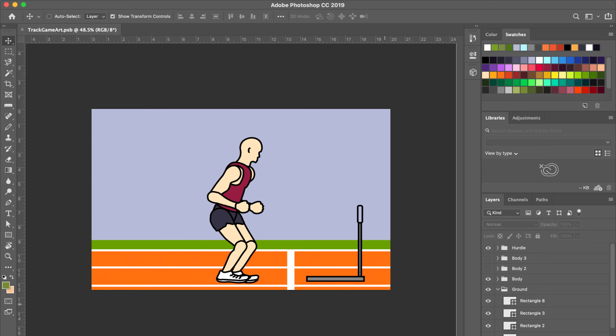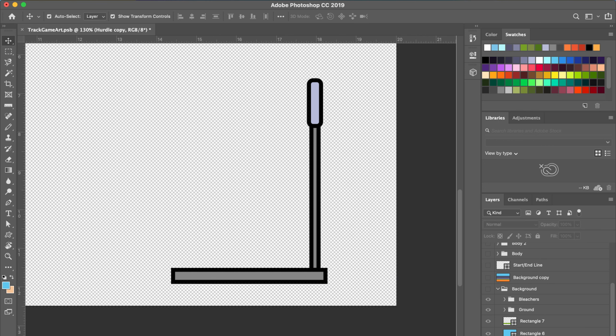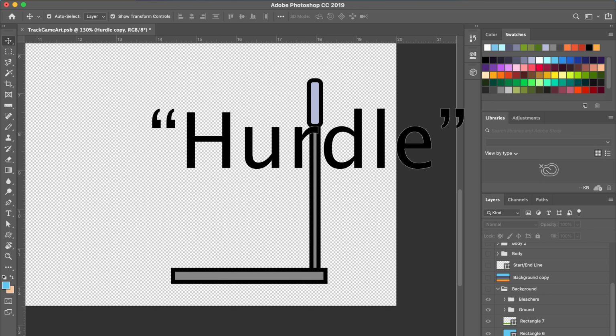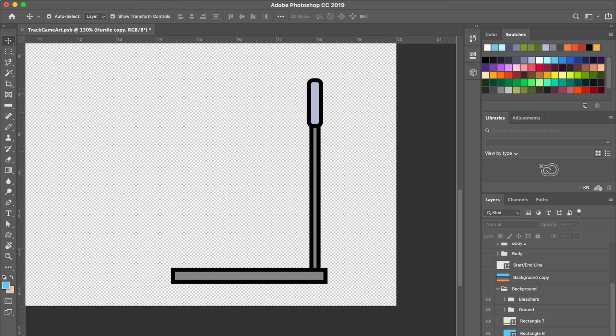The track I drew was really simple, but that's kind of the nature of a track. There's a few lanes on just a simple orange track. Easy peasy. The hurdle that I drew next wasn't much of a hurdle. Get it? Wink wink. In all seriousness, it was really pretty easy. It was a couple of simple shapes just stacked onto each other with simple colors, and boom, a hurdle.